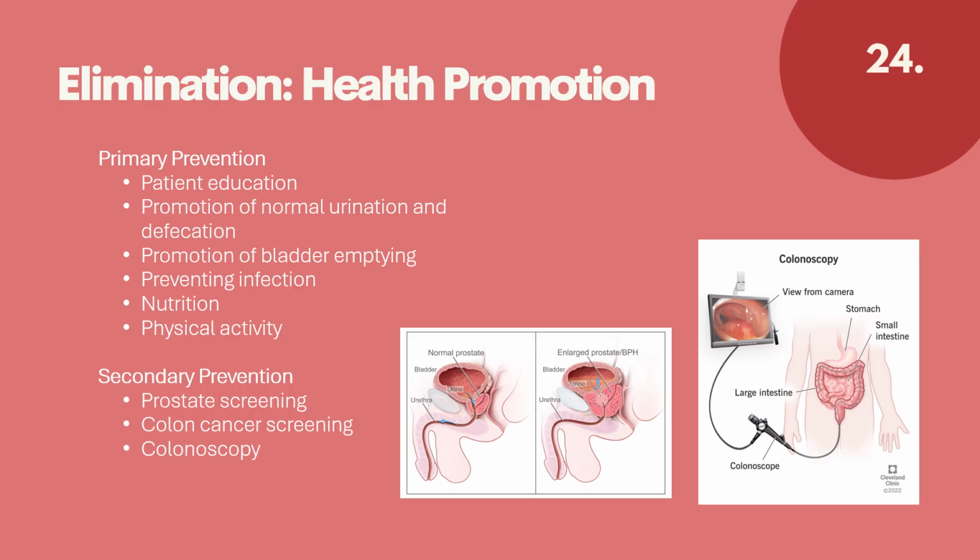Some secondary prevention is going to be your early detection and prompt intervention to prevent any complications. So doing screening for UTIs, especially in our older individuals or individuals that have catheters, that are maybe diabetic or have recurring infections. You can also do an assessment which is called a post-void